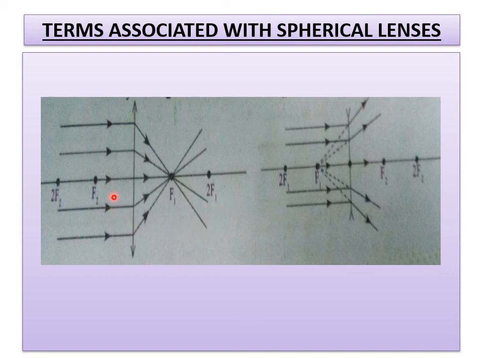Similarly, this is the other side. For this surface, we have a focus on this side also, and 2F2 is C2. Remember the points in such a way. So here this F1 is the principal focus for the concave lens, as I already told you, and this is called a virtual focus, and this is a real focus. Remember those two points also. And this is F2 for this surface. And what is this 2F1? The center of curvature point only, represented with C1. And here 2F2 is the C2 point, nothing but the center of curvature point. Hope you have understood these points.